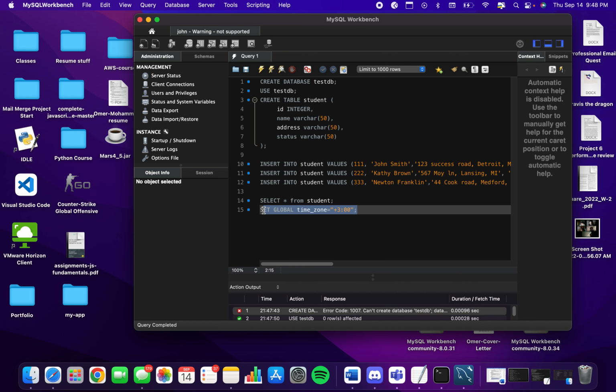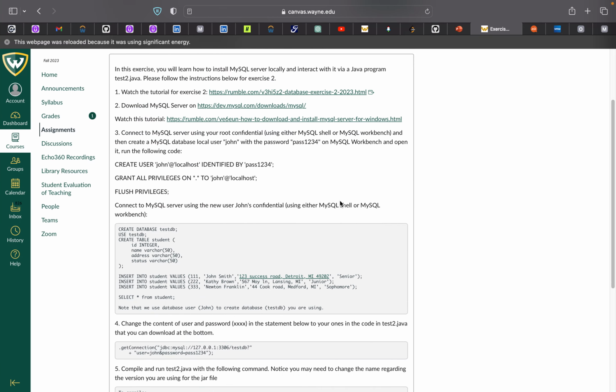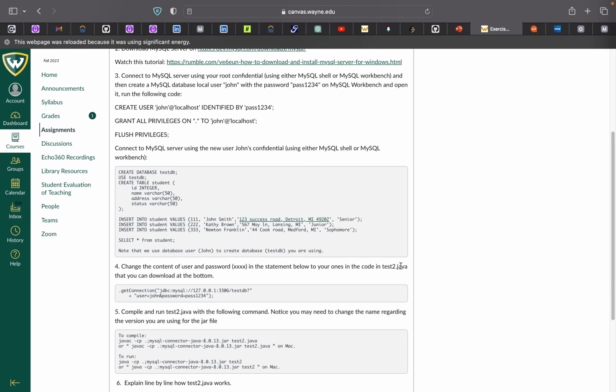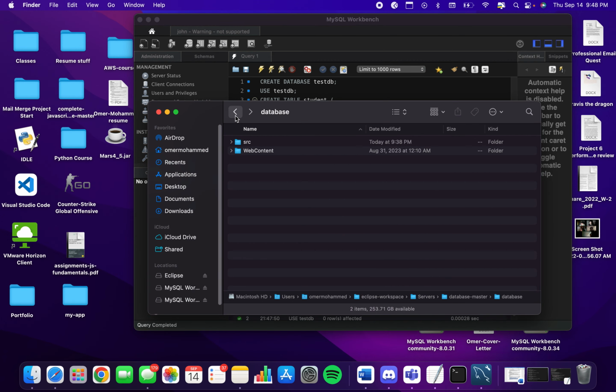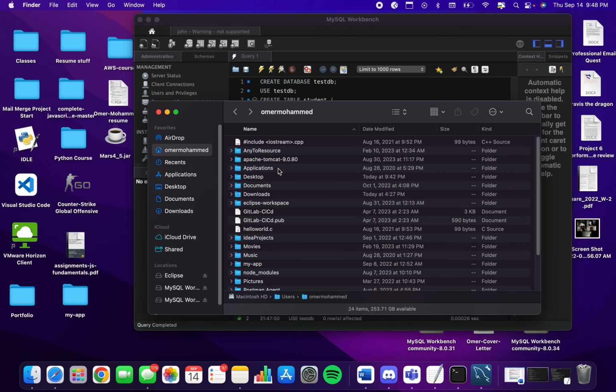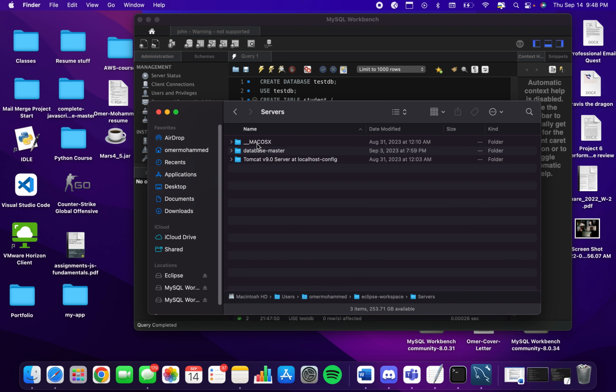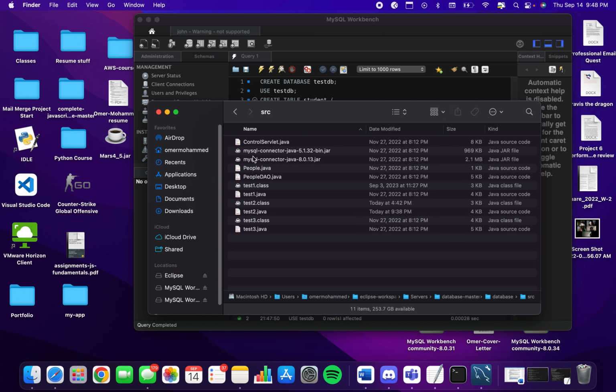This part will come in later, but you stop here. So you command enter for that, and then you stop there. After that, you want to go to your test2.java. In this case, I already have it set up, but just to show, it's in my Eclipse workspace. I go to my servers, my database master, src, and I open my test2.java